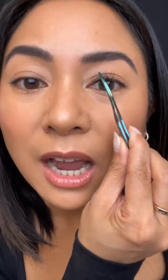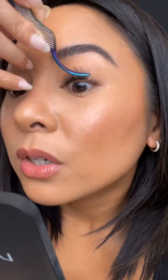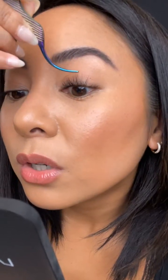So far we have 10, 12, and 14 millimeters. See how we're getting this really fun variation in the lash map? This is what I love about some of our styles that feature multi-length. It does all the work for you. If you like something that looks like a hybrid lash extension look,